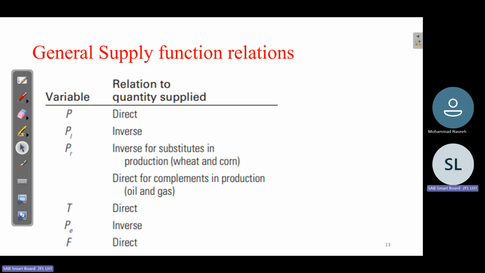When the input increase, profit decrease, supply decrease. When the input increase,